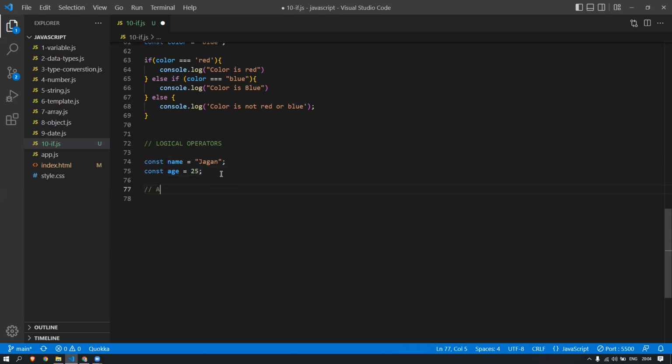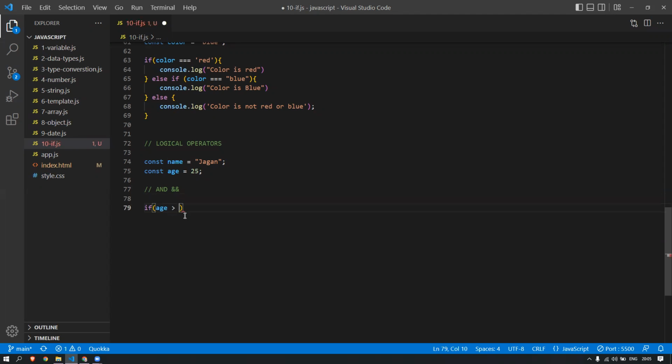Okay, first I'm going to give an AND operator. AND is basically, this is the symbol. Okay, this is the AND symbol. So basically what AND is going to check, it's going to check both the left and right value. Okay, I will show you now. I'm just explaining this thing. So what AND is going to do, AND is going to check both sides, the left and right should be a true value. Okay, for example, if